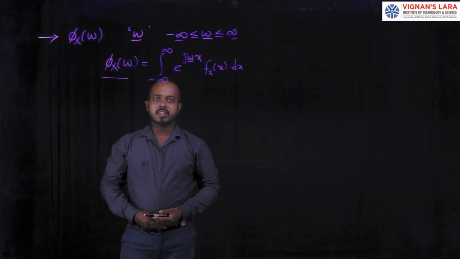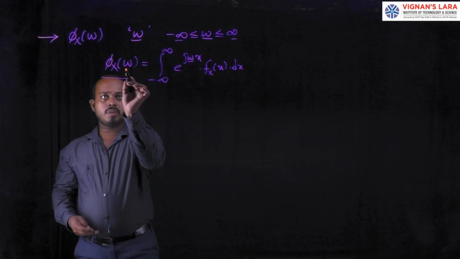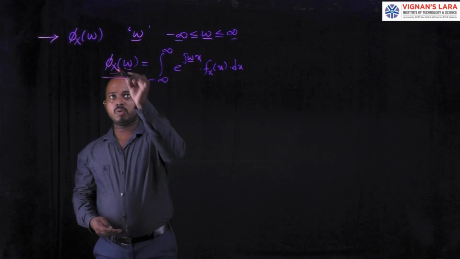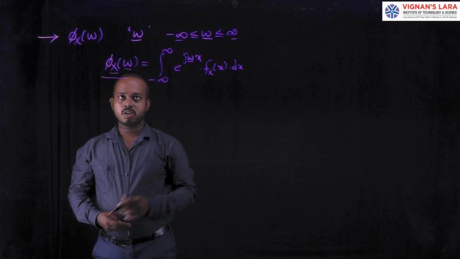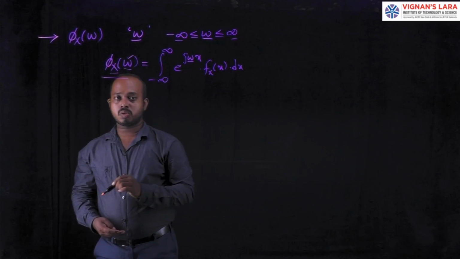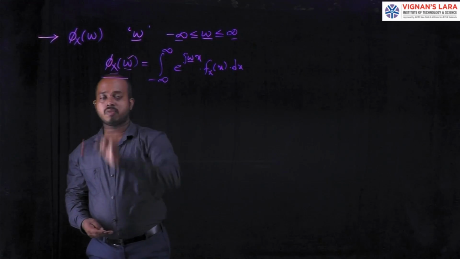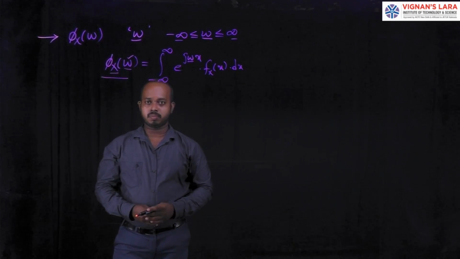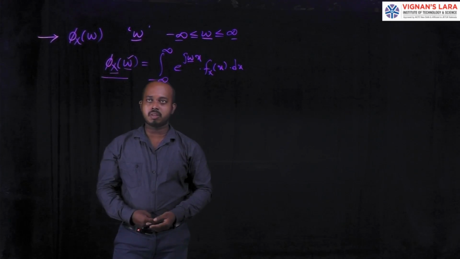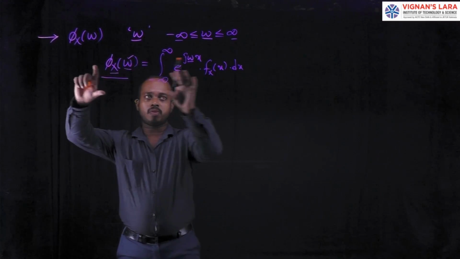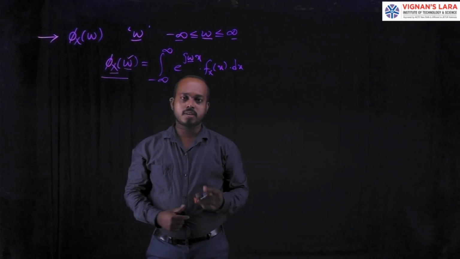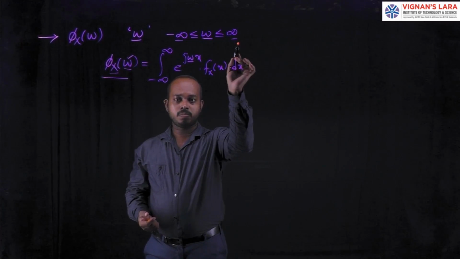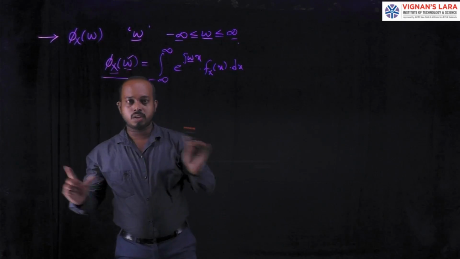Why can we decide this? Here the variable parameter is omega and the random variable is x. Already we know the random variable nature. If omega is continuous, then the characteristic function is also continuous. It is just a statement, and we can satisfy this statement by taking the continuous random variable characteristic function. Then omega is continuous in the range of minus infinity to plus infinity, and the characteristic function is also continuous.